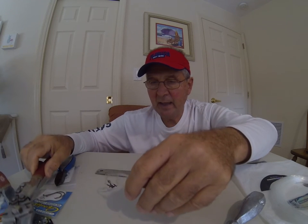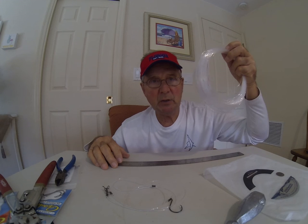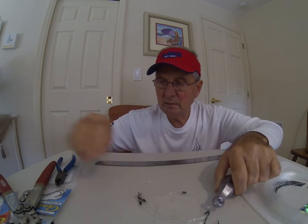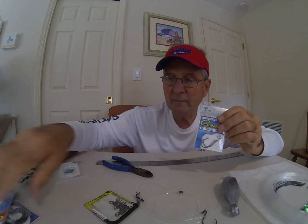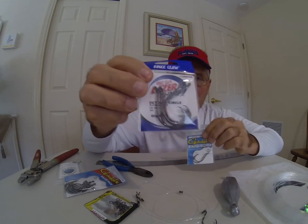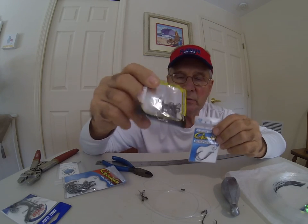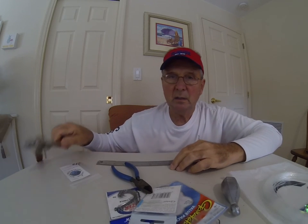So there we have it. Need a ruler. Need some 100-pound to 120-pound monofilament test. Need a lead sinker. Need some circle hooks, 0.4 up to 0.8. Some 0.8s right here. You can see how much bigger they are. Swivels. Three-way swivels, hooks, crimping tool,